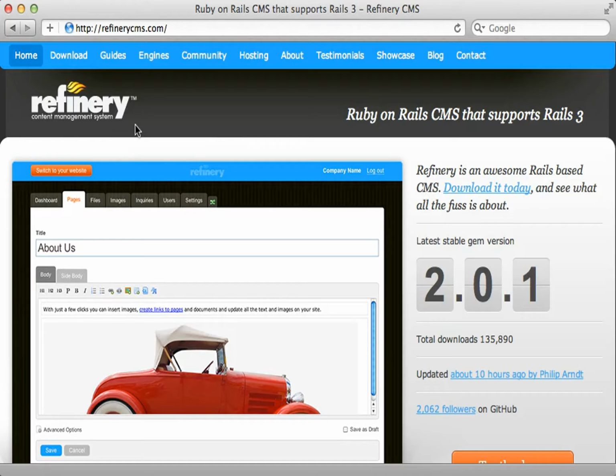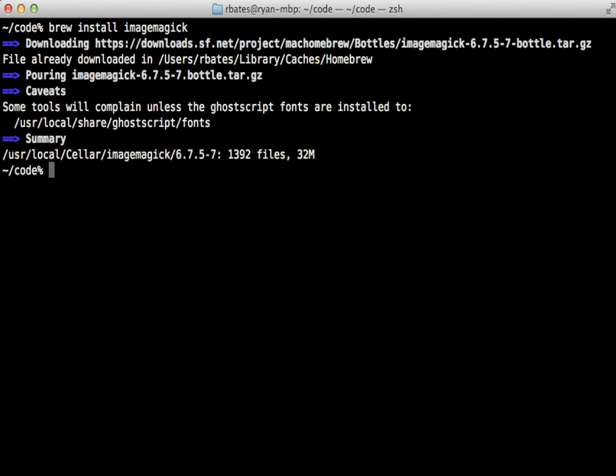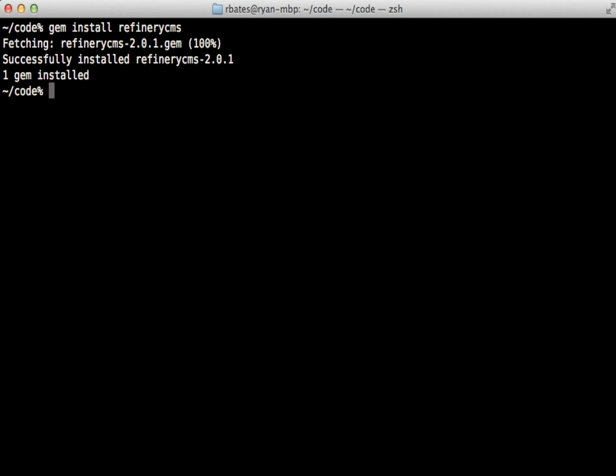Well, let's get started. Now, Refinery uses ImageMagick, so the first thing you'll need to do if you haven't already is install ImageMagick. If you're on a Mac, I recommend using Homebrew with just a quick brew install ImageMagick command. Next, you can run gem install refinerycms to install Refinery. And then to generate a new application, just run the refinerycms command followed by the name of the app,